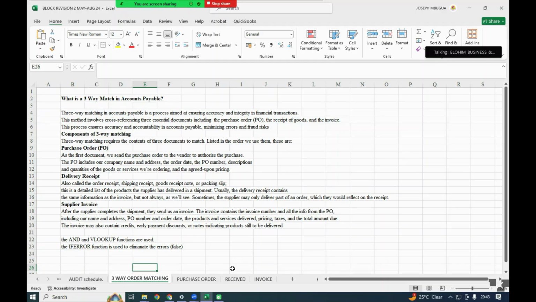Still, this one is under the auditing, especially the auditing of the payables. Yeah, auditing of the payables, and sometimes it can be used under the receivable, but mostly under the payable. That is where it is widely used, the three-way order matching. And we call it the three-way because we shall be dealing with three items that we normally counter check whether